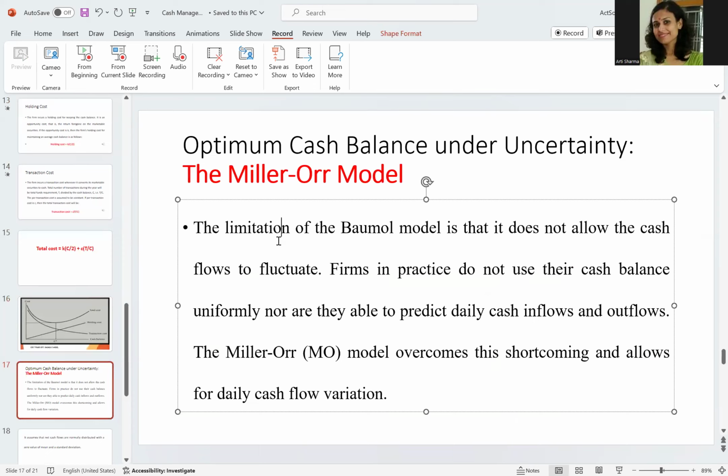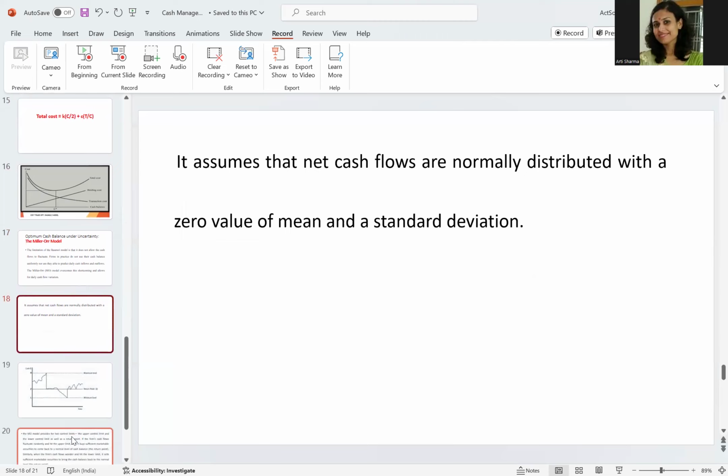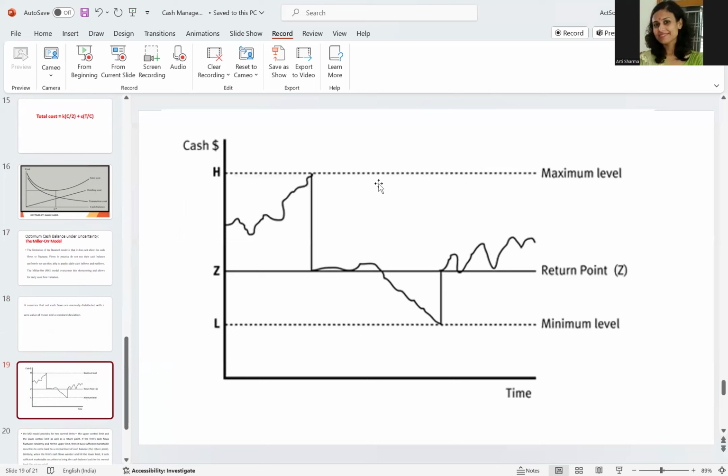And the second is the Miller-Orr model, which is used in the uncertainty condition, in which we find out the optimum cash balance. So the Miller-Orr model assumes that net cash flows are normally distributed with a zero value of mean and a standard deviation. So this is the graph for the Miller-Orr model. Here on the x-axis we have taken time, and on the y-axis we have taken cash. So we can see here this is the return point. As we consume the cash,